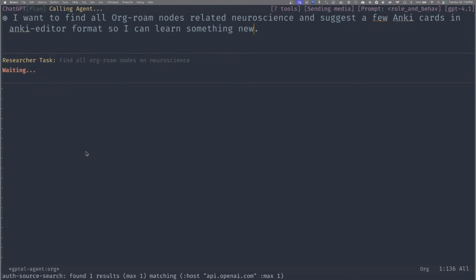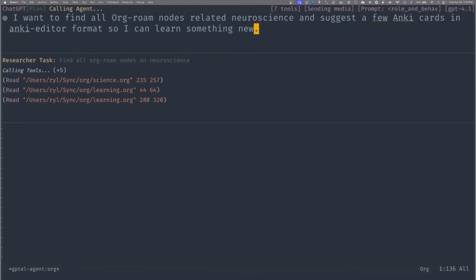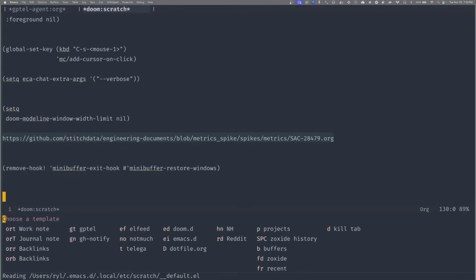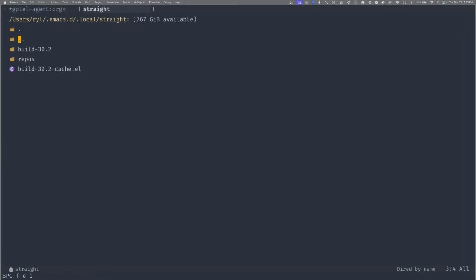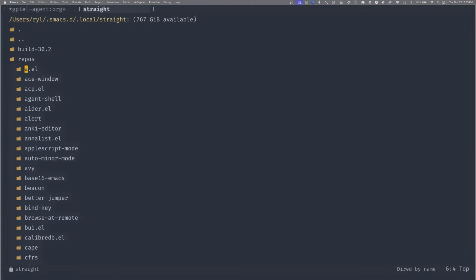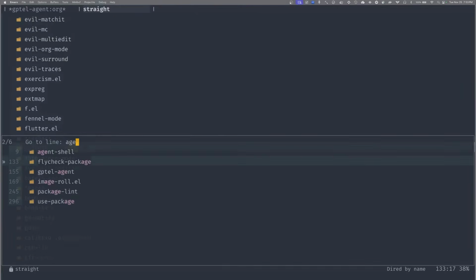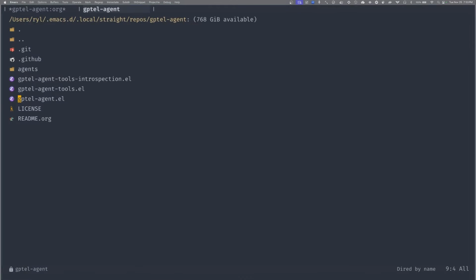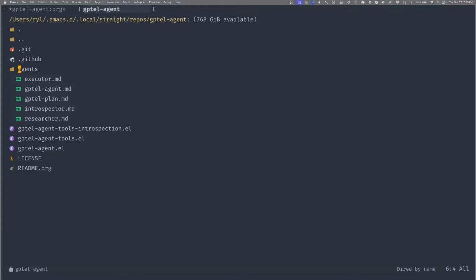If you go to where gptel-agent is installed, to that directory in the repos, I can show you something interesting. Agents, gptel-agent. Okay. And if you go into the agents directory, you can see that there are a few markdown files here.